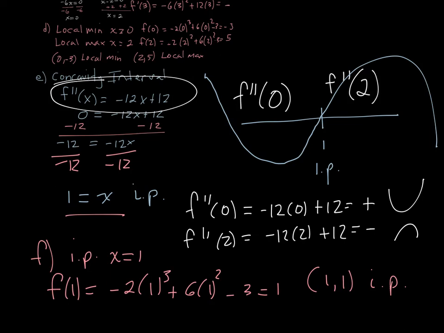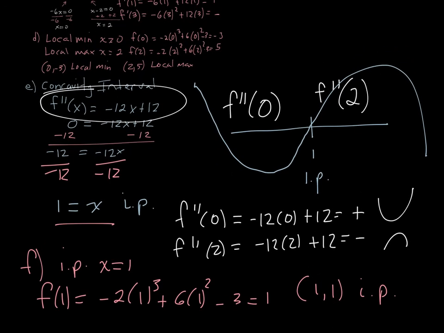So from here, I can pretty much graph everything based off of all this information. I've pretty much been graphing all the way, but all I would want to do from here is just label my points. My min is 0, negative 3. My inflection point was 1, 1. My max is 2, 5. And then of course it might be nice to find intercepts, and I leave that up to you